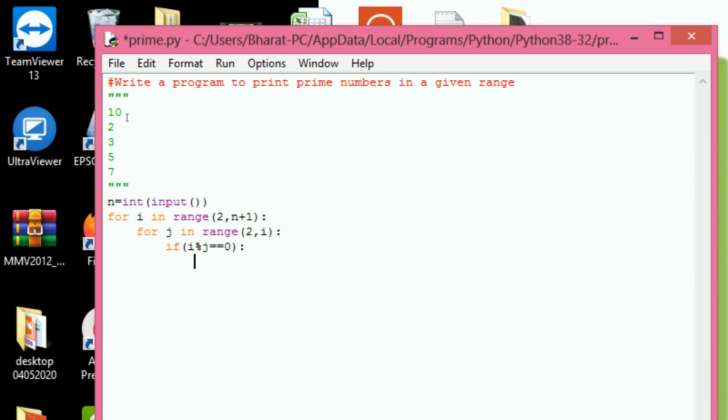So I can use break here. We will discuss in detail the purpose of break in future classes. And you write else for the for loop, not for the if. Print i, that's it.